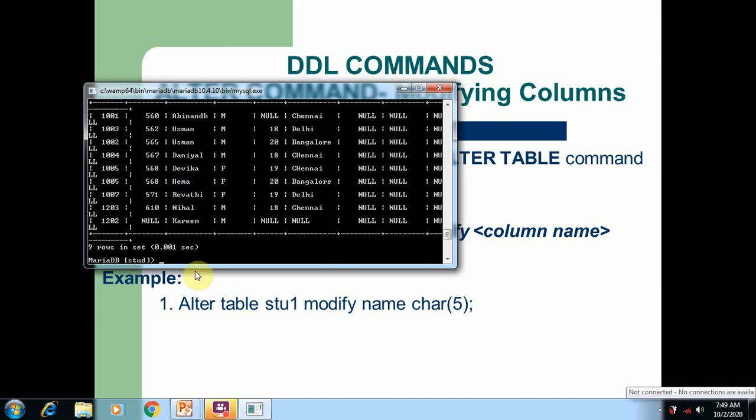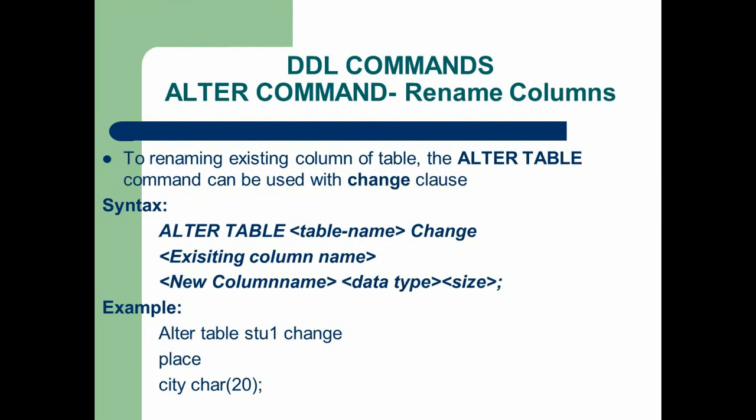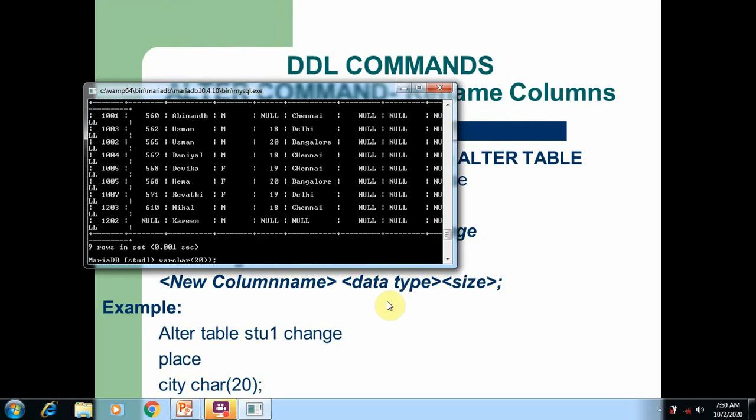So the next command is the DDL command, alter command, renaming column. I tried this many times, it is not working. I'm going to try one more time.